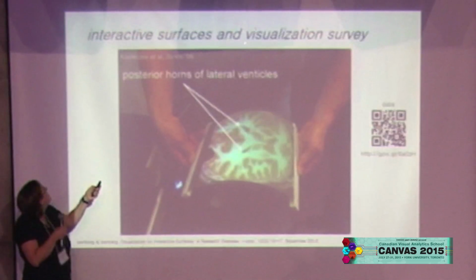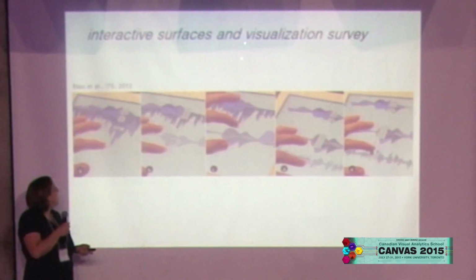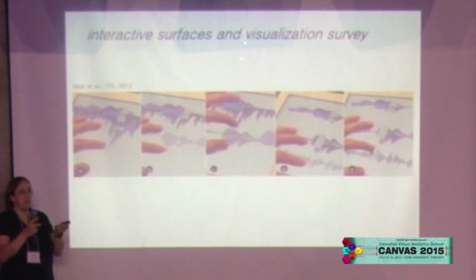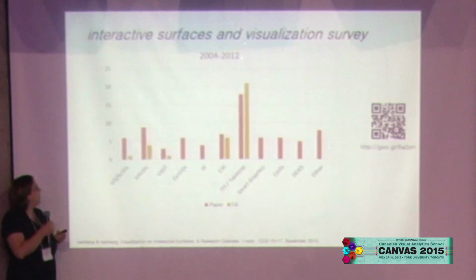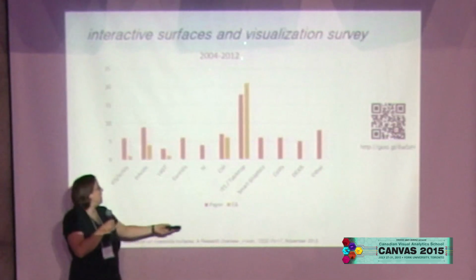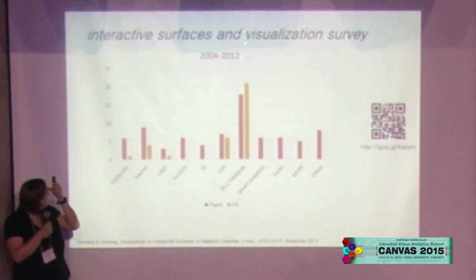It does say, so this is Kai, Cybis, and yeah, this was the ITS conference. And here's one that was done in Sheila's lab for visualization on a tablet, so touch interaction with the different kinds of representations. And here's sort of the general data-driven overview. And we found that, in particular, the ITS, the conference on interactive tabletops and surfaces, had a relatively high